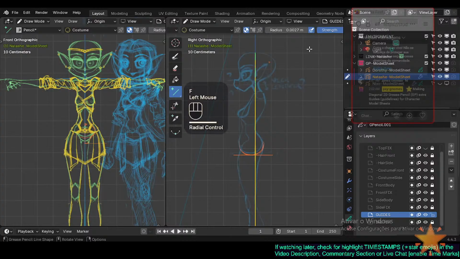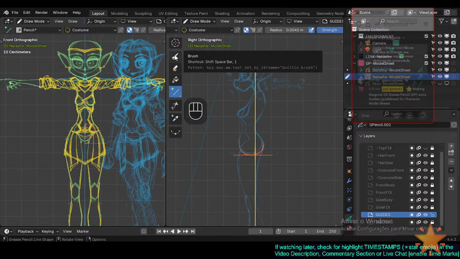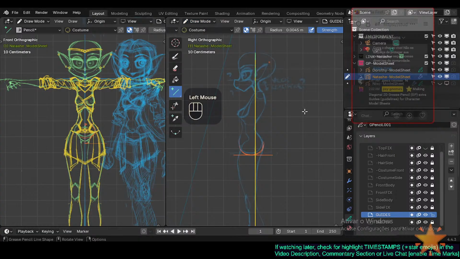So F to change the radius, just as if we're brushing. Here we cannot change it unless we press F. It's not scale. I was trying S and Alt S. Alt S is when you select the points, you can scale them, but this is for edit mode. On the draw mode here, it's not like that anymore. Now we need to press F, just as a brush, right? So I want a very